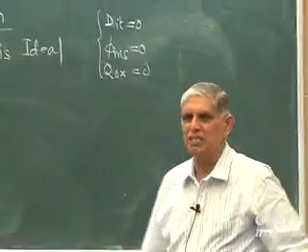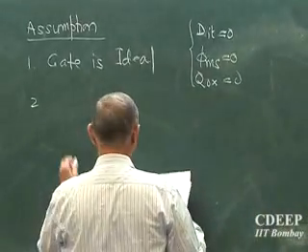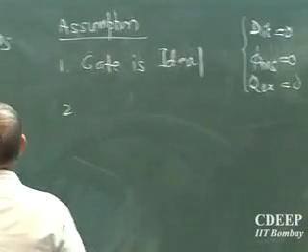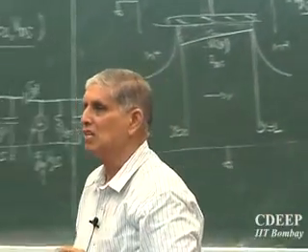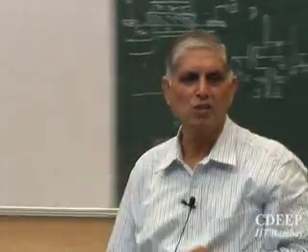Right now assume interface states are zero. Then the second assumption I make: I already said there are inversion electrons here. I am now assuming that there are no holes in this inversion layer. What does that mean? That means there is no gradient, there is no recombination, no gradient set in. So which current can be neglected? The diffusion current. So the first assumption I make is that only drift current flows,